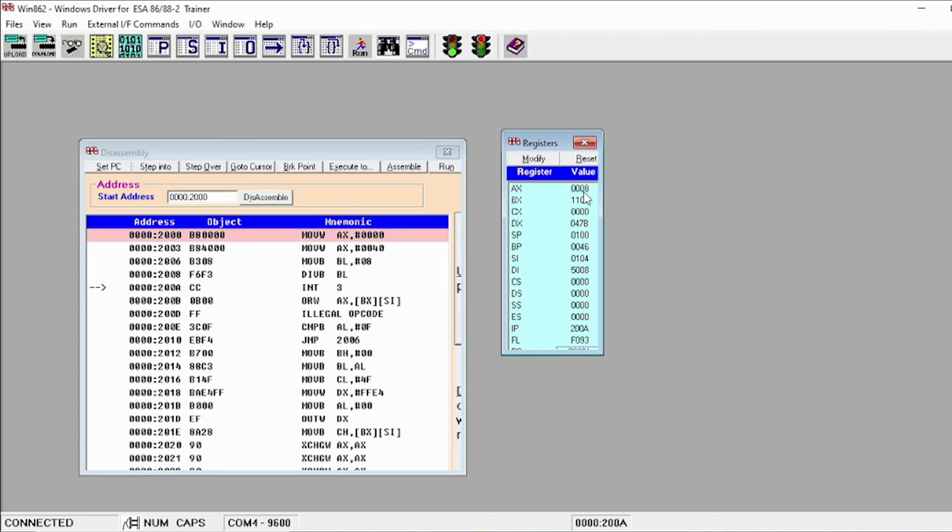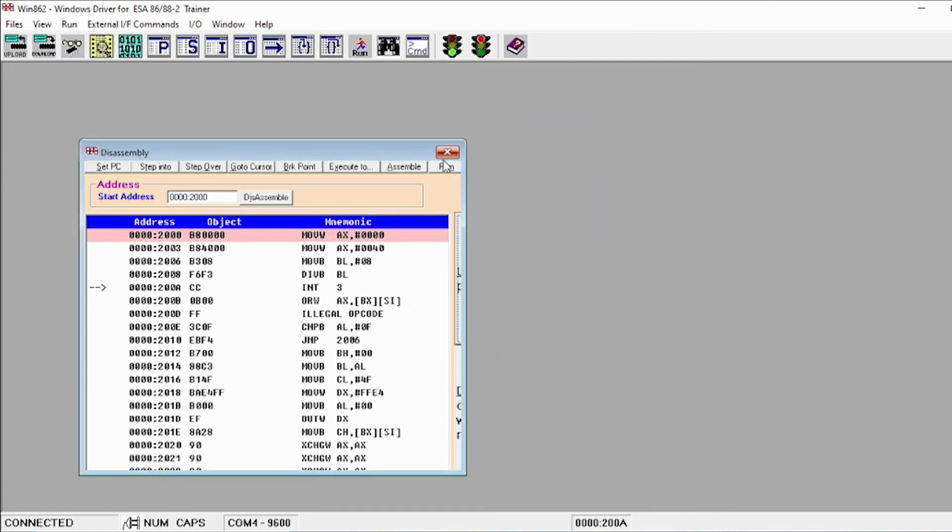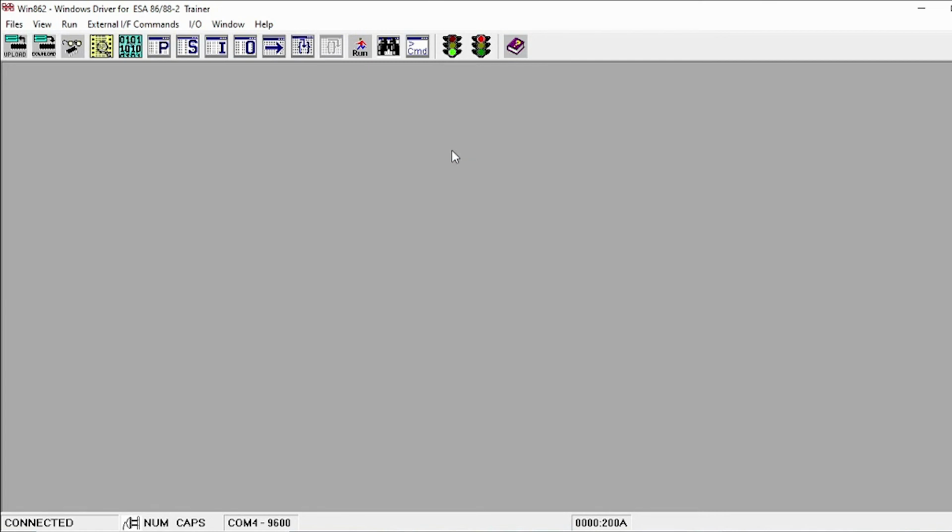So 0008. Okay. So 40 divided by 8. The remainder is here 8 in the value of hexadecimal. So you have to note down this AX register as the output and its value is here 8. This is how you have to perform the 16-bit division operation. So we have seen up to now how to perform 16-bit arithmetic operations like addition, subtraction, multiplication and division.